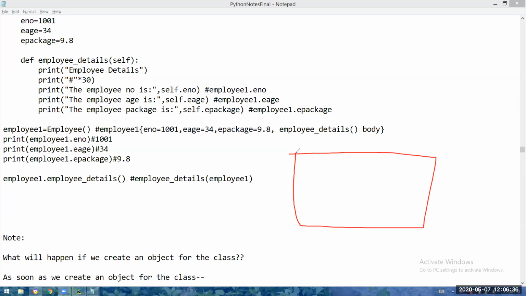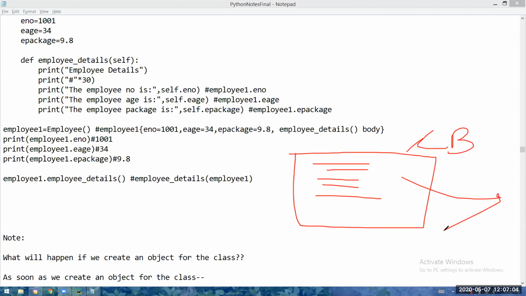But it's very difficult for me to give one chocolate at a time to you. That's why I purchased a chocolate box. In that chocolate box, I kept all the chocolates, and I am directly giving this box to you. If I give this box to you, what can you do? Whatever you want, whenever you want, you open that and eat. My burden is reduced. So instead of giving individual chocolates to you, I will load all the chocolates in a chocolate box and directly give the box to you. From that chocolate box, whatever you want, you can take and eat. The same principle we are applying here.